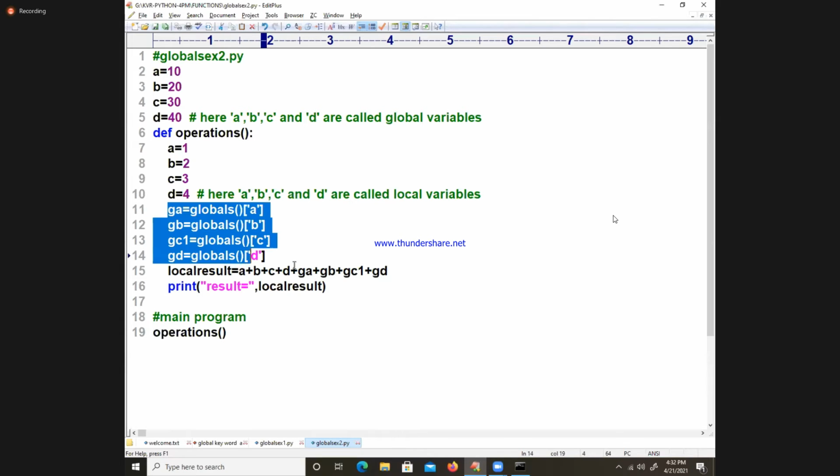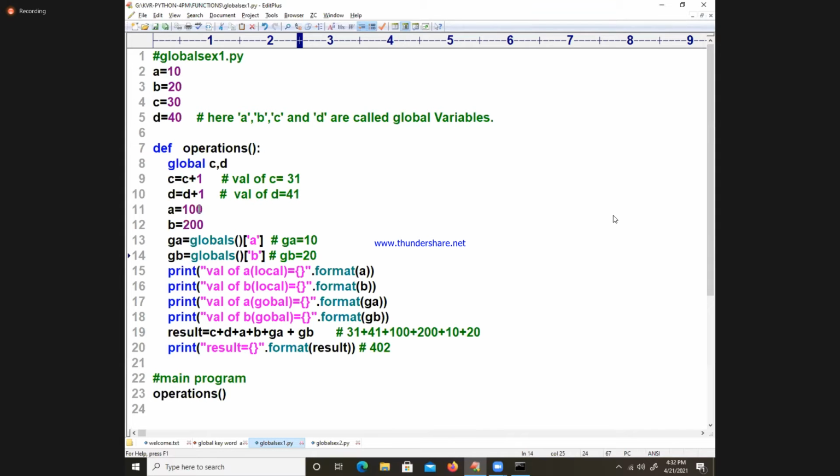It's a gunshot question in interviews. Whenever your local variables and global variables are the same, how do you retrieve the global variables inside the function definition? We must write this type of thing. Is it clear? Let's go to the concept here.